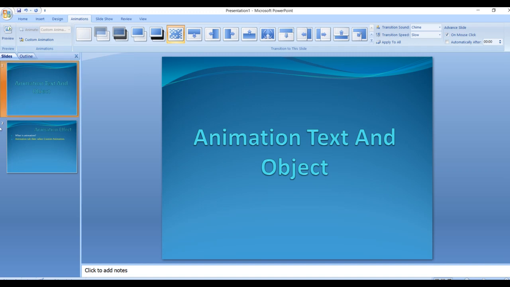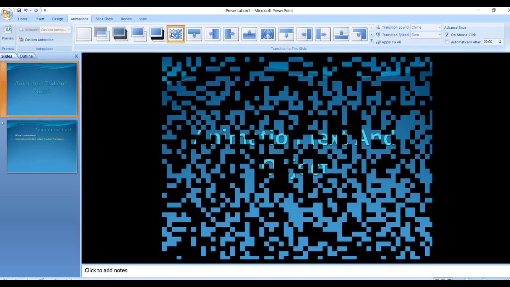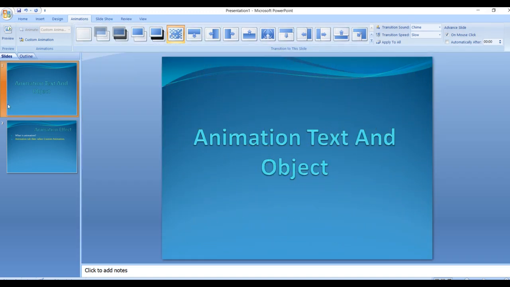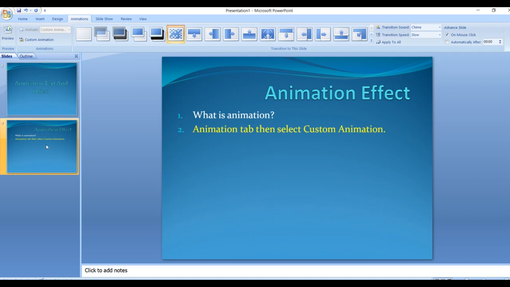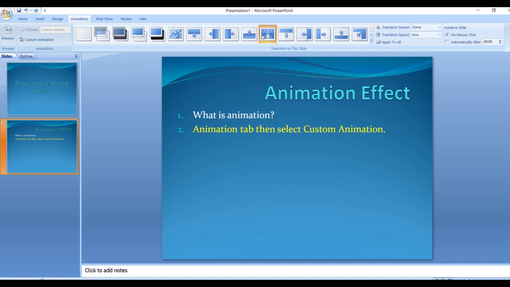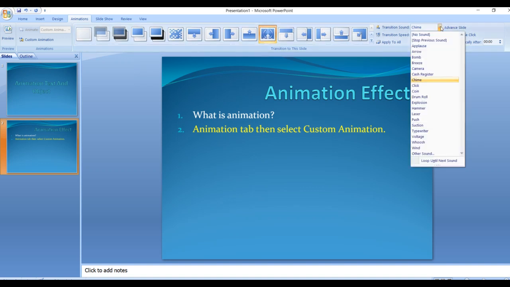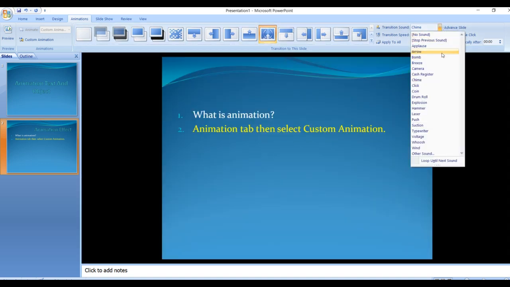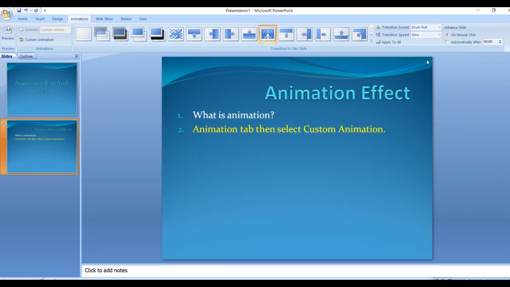So now I want to add the transitions. For adding the transitions, firstly I have selected this transition with one sound. Now I am going to select the other slide with a different transition. For this I can even change my sound effect, and I want it very slow.